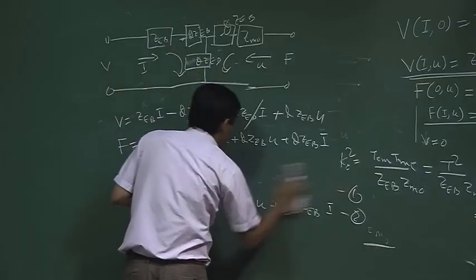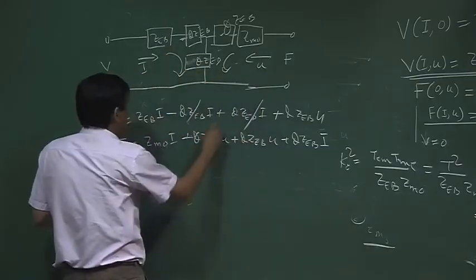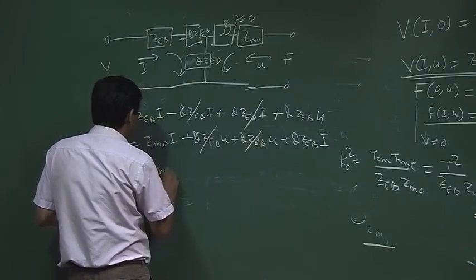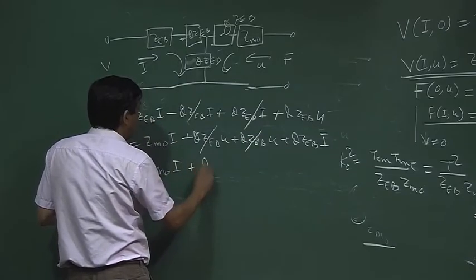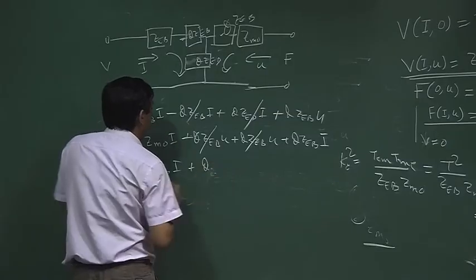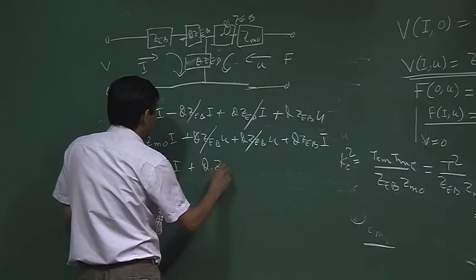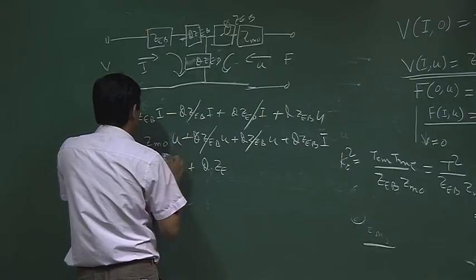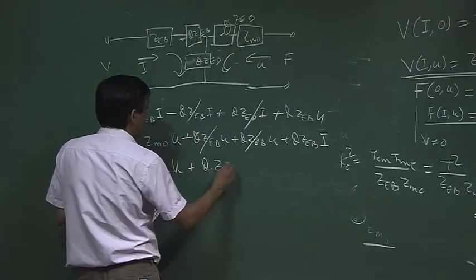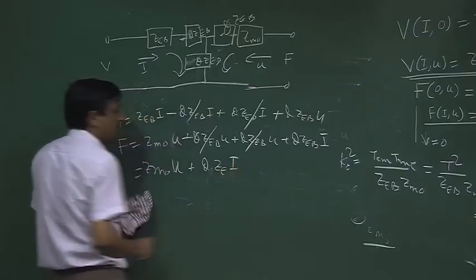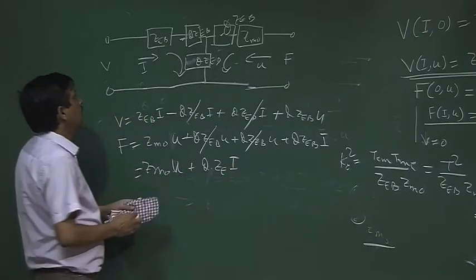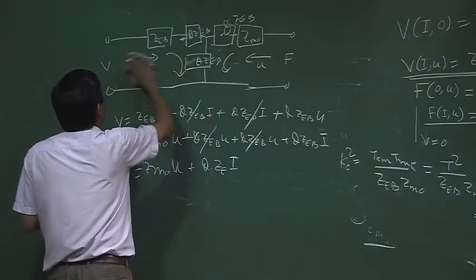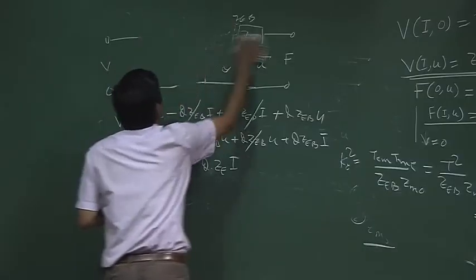So, I can write this, cancel: ZMO into I plus phi ZdB, phi into ZdB, ZMO into U, sorry, ZMO into U plus phi into ZdB I. So, that is standard. So, the equivalent electrical circuit, let me draw it cleanly, it will be